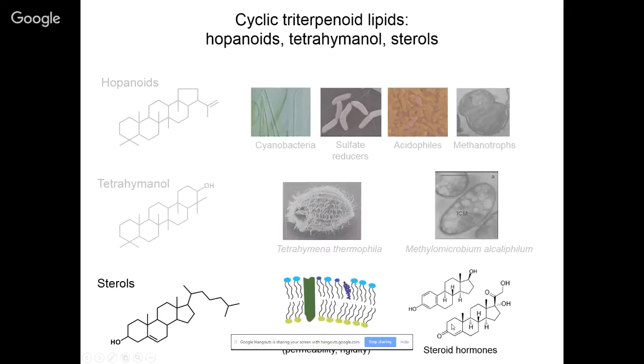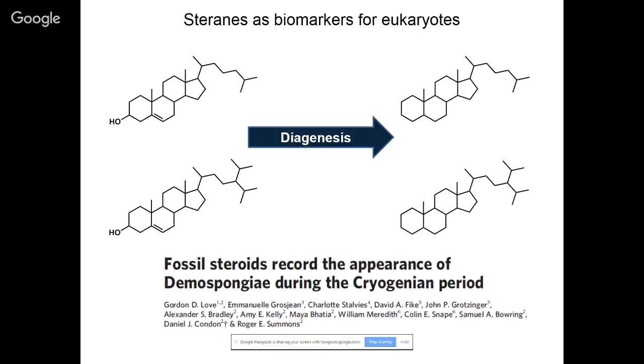Sterols are precursors to steroid hormones, which are important in development and embryogenesis and all kinds of different important developmental aspects of eukaryotic life. And like I said, they're also preserved in the rock record, and they're typically used as a biomarker for eukaryotes in general. So cholesterol, cholestane, is found in the rock record, and there are also very specific ones. For example, this is an isopropylcholestane that is actually used as a biomarker for sponges. So these are also used as biomarkers as steranes.